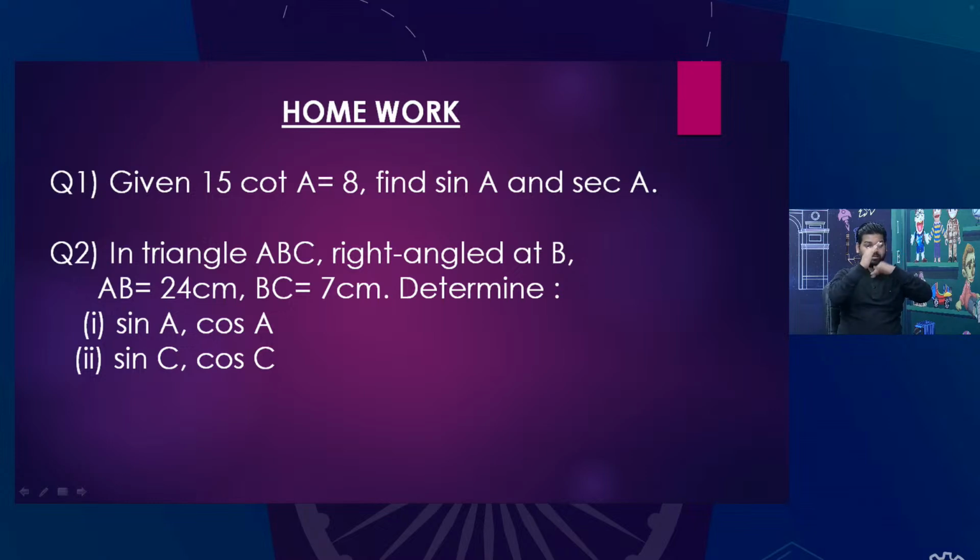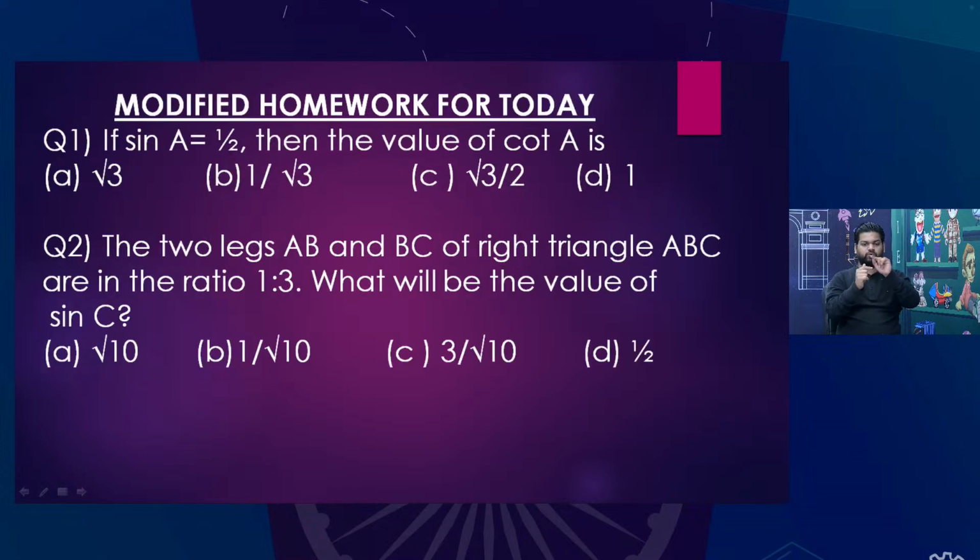सेकेंड क्वेश्चन देखिए, इन ट्रायंगल ABC, right angled at B, AB is given as 24 centimeters, BC is given as 7 centimeters. Determine, first part है sin A and cos A, और सेकेंड पार्ट में हमें डिटरमिन करना है sin C and cos C। ठीक है बच्चों, आई एम श्योर यू विल ट्राई।